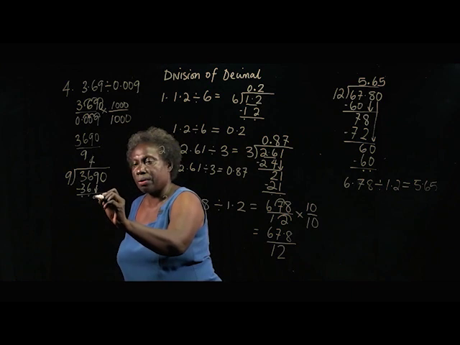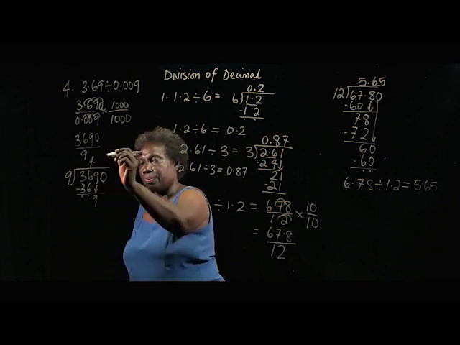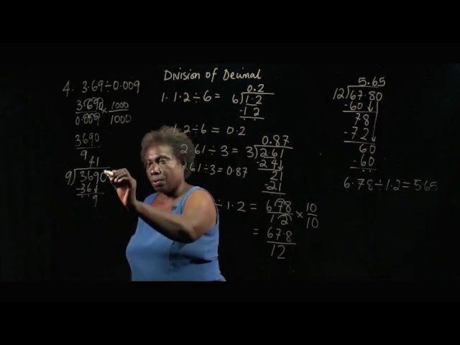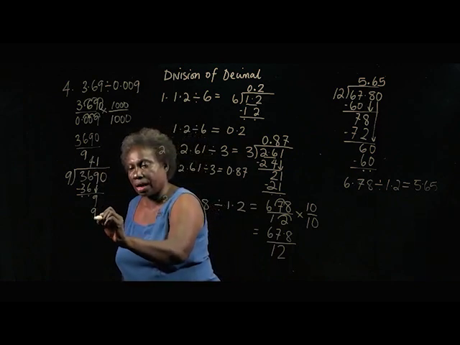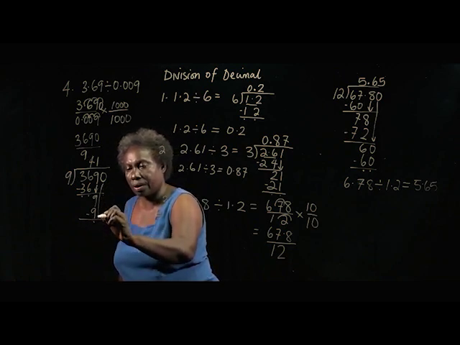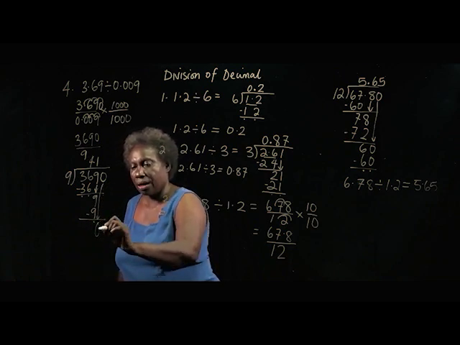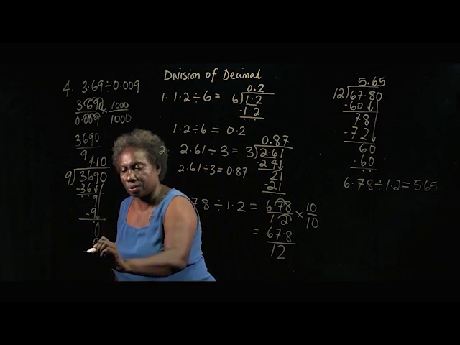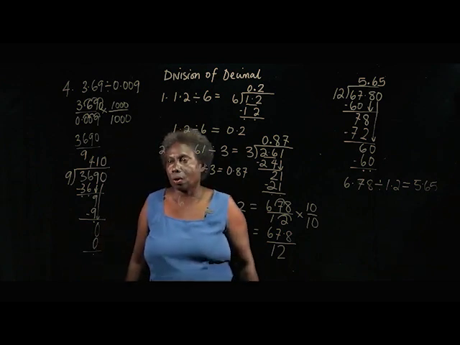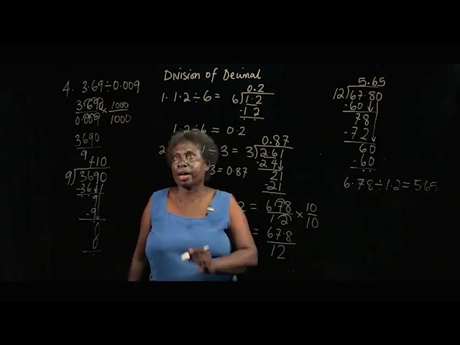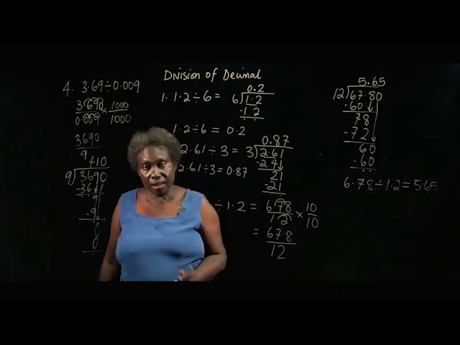So I bring down 9 here. 9 divided by 9 is 1. Now, 9 times 1 is 9. I subtract. It cancels out and I bring down the 0 here. 0 divided by 9 is 0. 0 times 9 is 0, so that cancels out. So, my answer to 3.69 divided by 0.009 is equal to